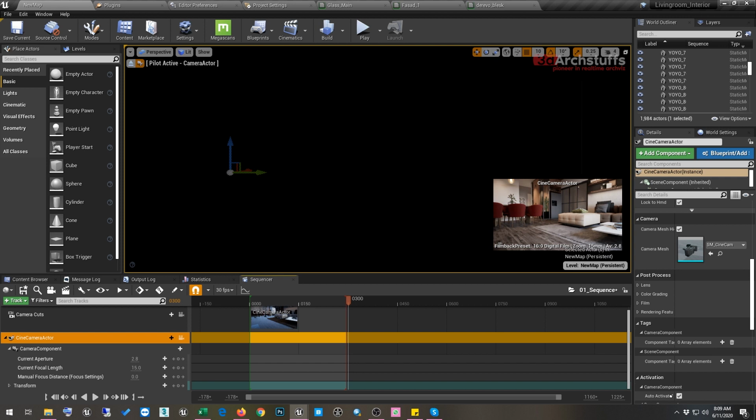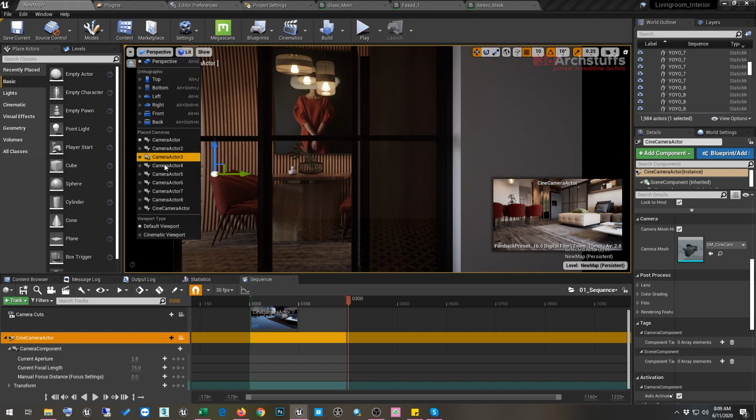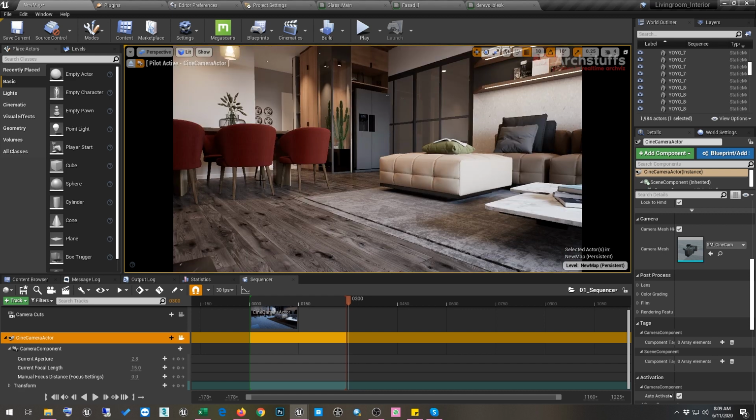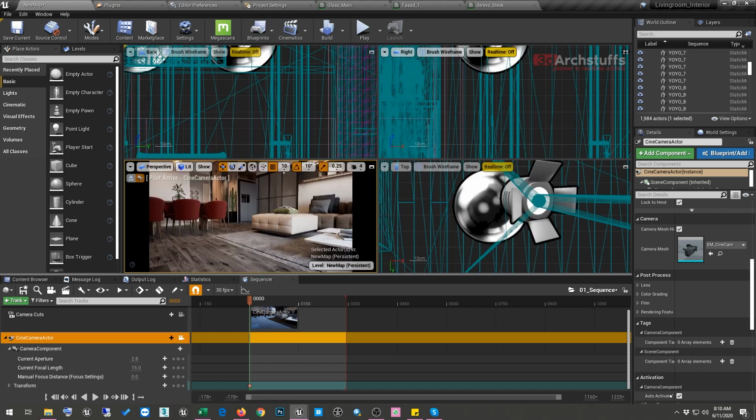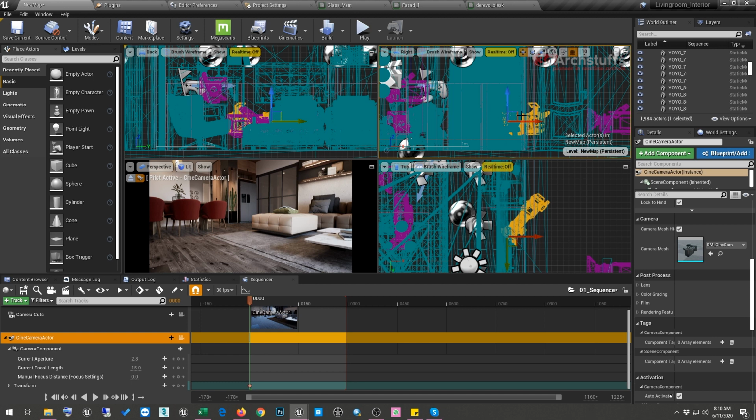And once you see it black, you just zoom in a bit till, okay, this one is not the camera. Oh yes, this is the Cine Camera Actor which we created. So now you can go ahead and place it like this, and then maybe click here and press 0, and now you can go to Transform and click on this Add Key. And once you have added the key, you can just press F, and you can see your camera is already selected in this viewport.